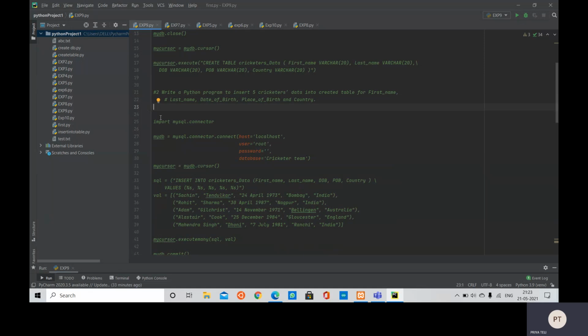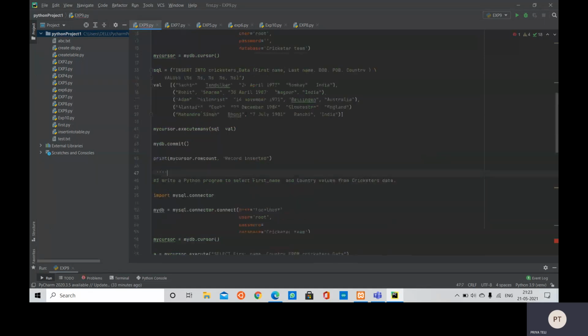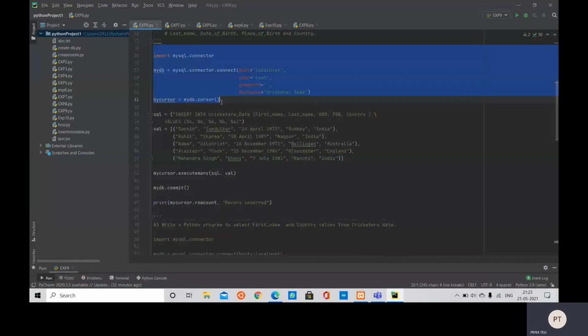Here it is. So we are going to write this same program one more time for connection to our database, and everything is as it is. Then inside this sql variable, we are going to write the command, say insert into cricketers data.